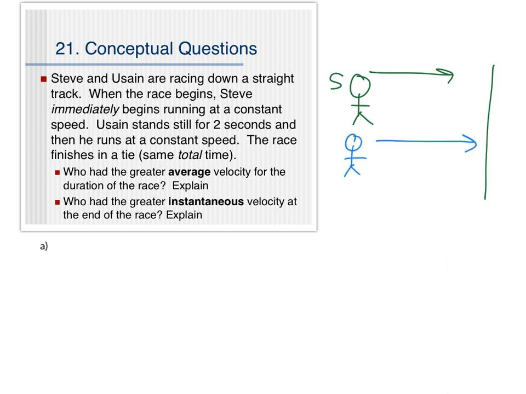And then begins running towards the finish line. And the race ultimately ends in a tie. So the first question we have is, who had the greater average velocity during this period of time? So this is really just a conceptual question meant to apply some of the concepts, but I think it's important